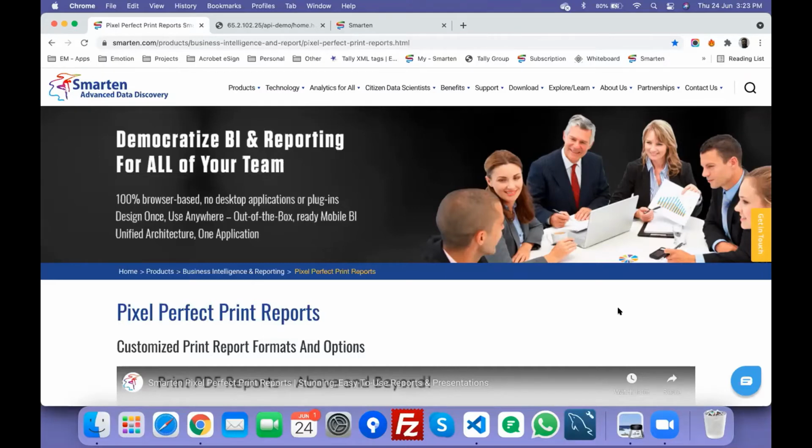You can just log into our support portal on support.smarten.com. You will find a detailed guide that explains all the APIs that are available to embed and do SSO and even to get the data through data APIs and so on. So absolutely, it's a very well defined, mature API that we have.